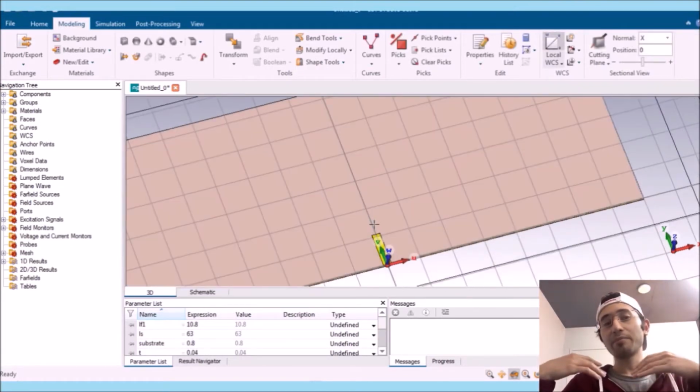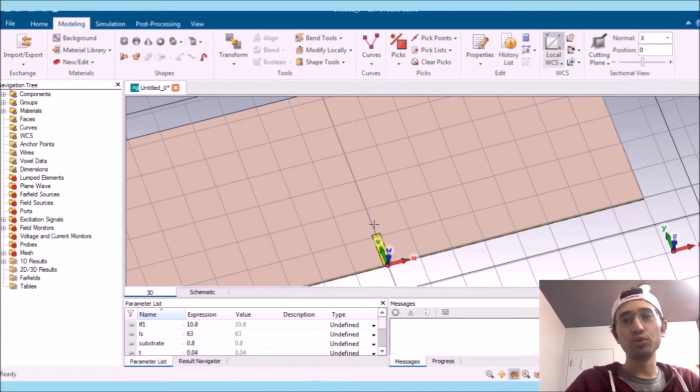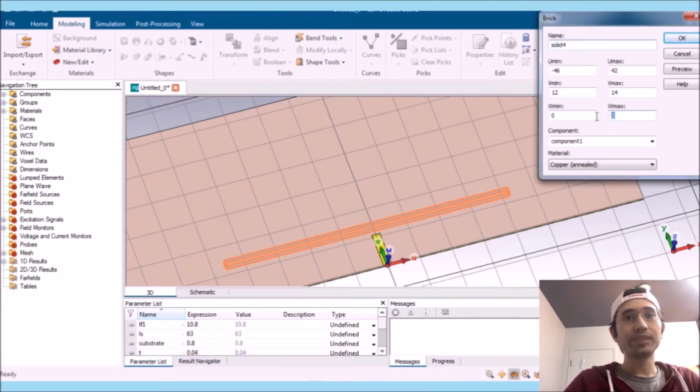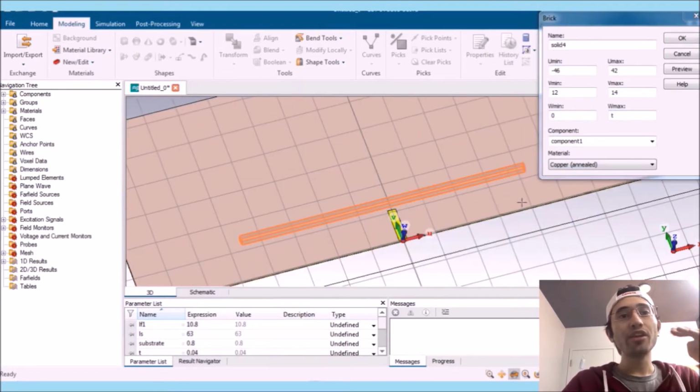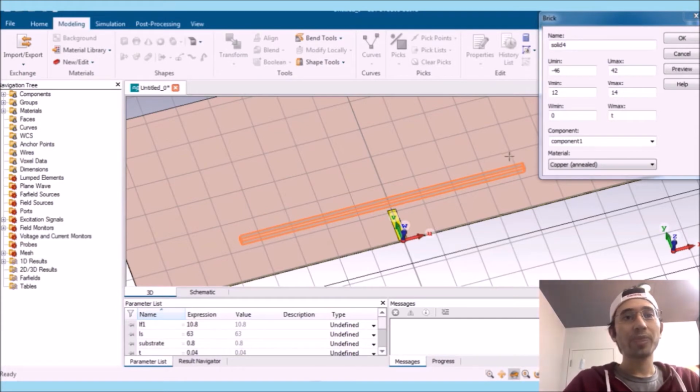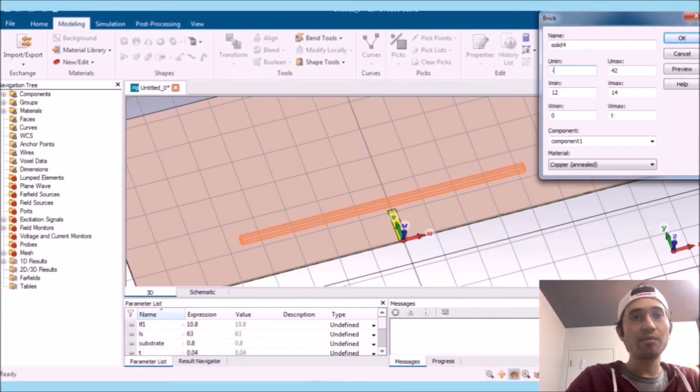And then this main feed line is going to divide into two sections like this. The thickness is T. In the direction of U, which is in this direction, it is going to be the length of the second microstrip line. So here I consider it as minus LF2 divided by 2 up to